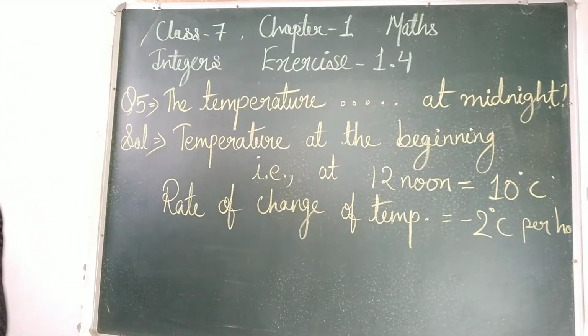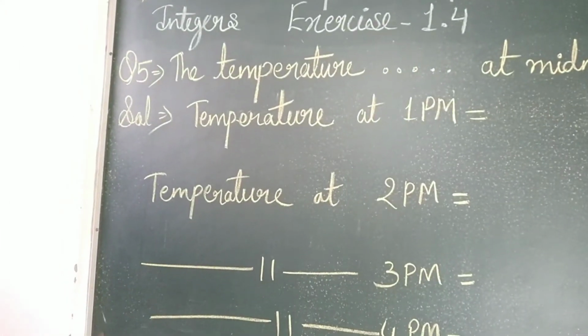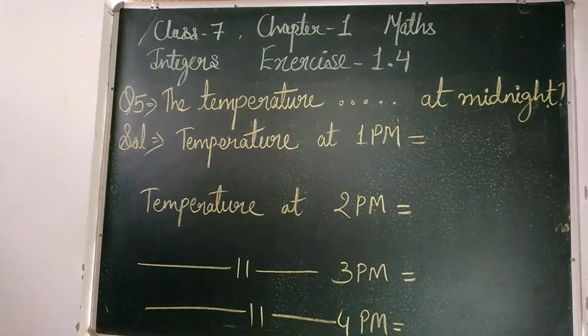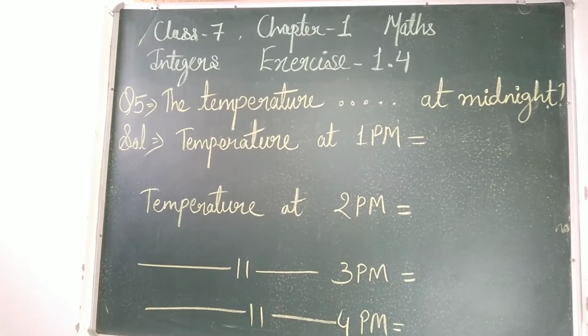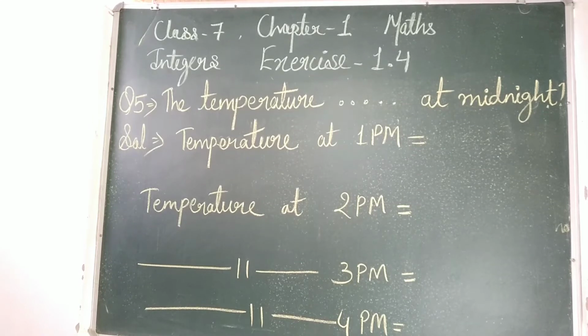Now I am reading your next statement: at what time would the temperature be 8 degrees Celsius below 0? Now I am writing the third one. Next statement, temperature at 1 p.m. What we have to do? Temperature at 1 p.m. means we take the temperature at the beginning, that is 10 degrees Celsius,